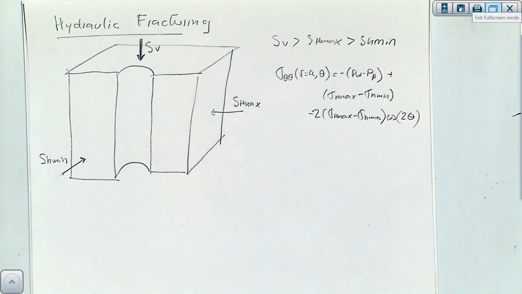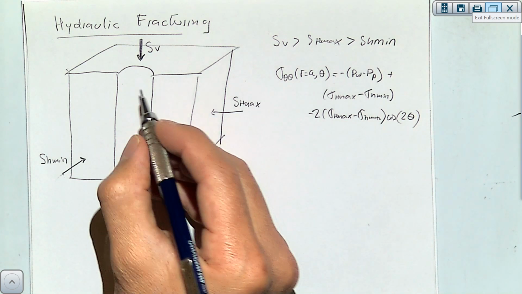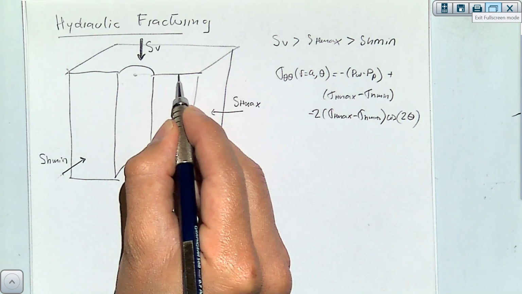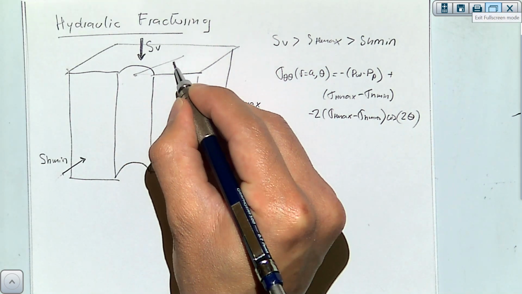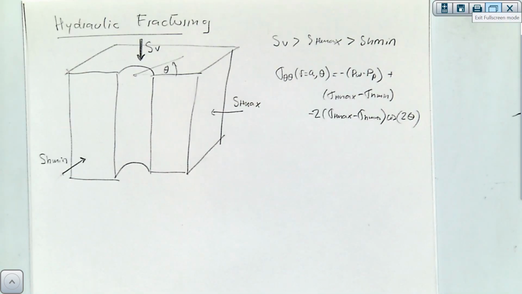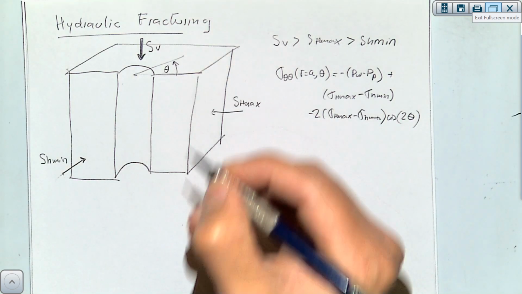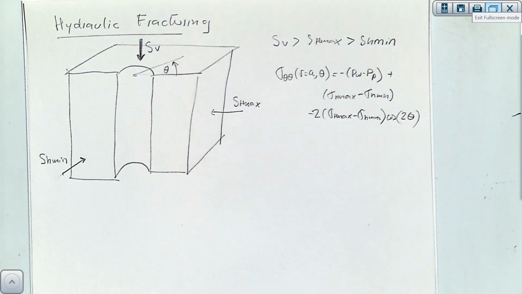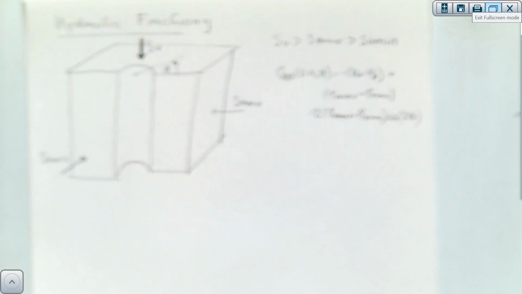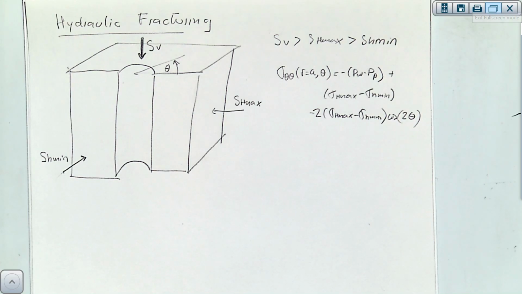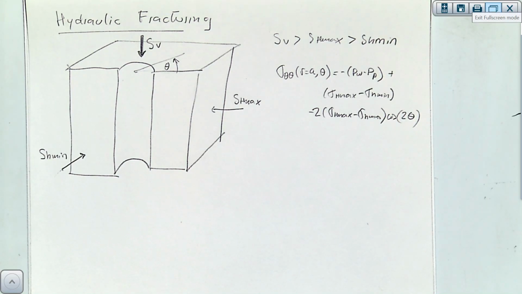Theta is measured from the sigma H max at whatever point you look at. For example, here is going to be theta. Okay, so you can find in my notes, which is reviewing that,